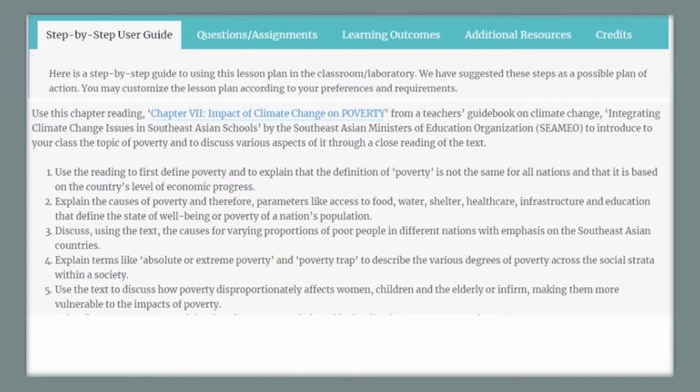You can use this reading to first define to your students what is poverty, explain the definition of the term, and emphasize that this may not be the same for all nations and is based on the country's level of economic progress. With this reading, you can explain to your students what might be causes of poverty and parameters such as access to food, water, shelter, healthcare, infrastructure, education that essentially define the state of well-being of poverty in a